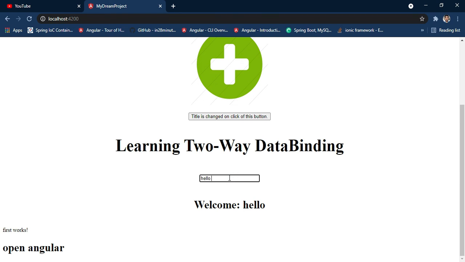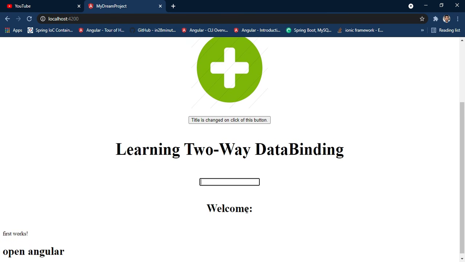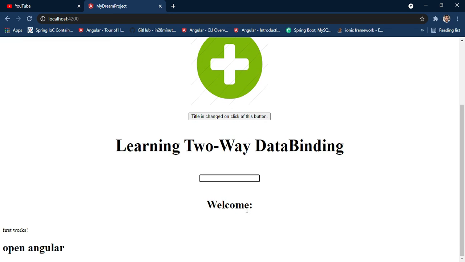If I change it to hello world, you can see the data immediately reflecting here. It's two-way binding. When I change something in the HTML page, it's immediately reflected in the TS file, and also if I change anything in the TS file, it's immediately reflected in the HTML page.